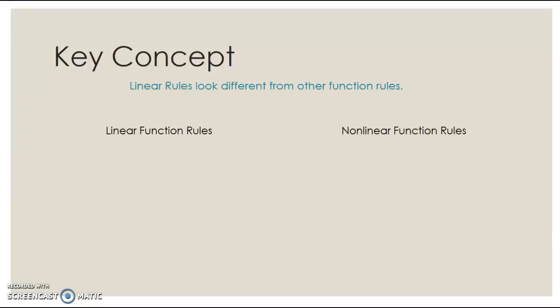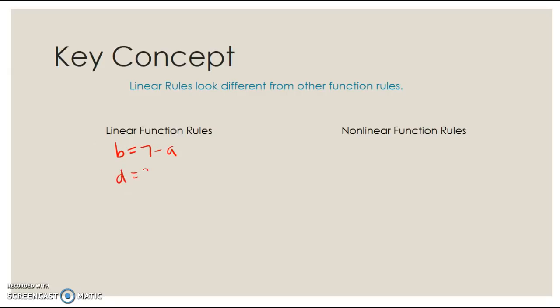Alright, so we're talking about linear function rules, and we talked about matching a linear rule with its graph. Now we're going to talk about looking at just the function rules themselves. Our linear function rules look different than our other function rules, and here are some examples of linear function rules. We could have b equals 7 minus a,